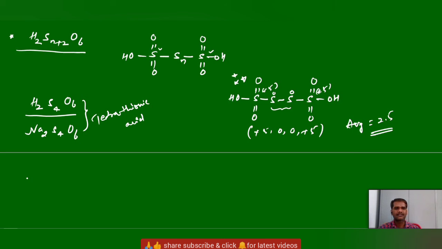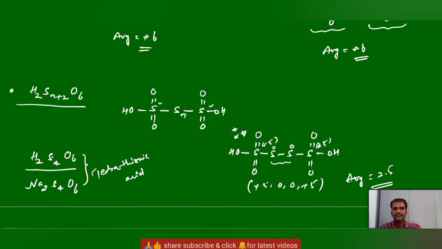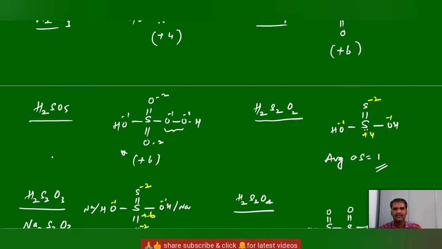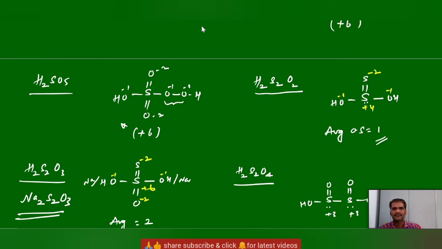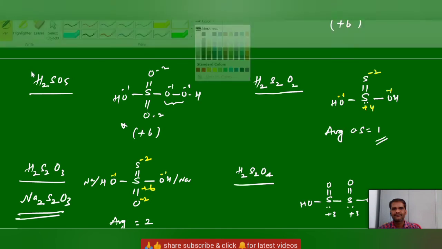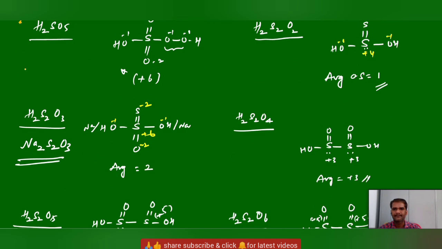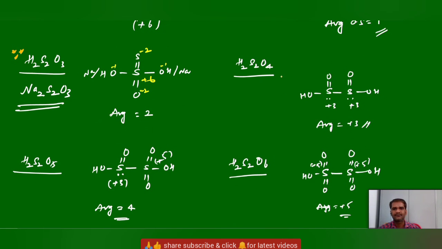So these are all the structures of oxy acids of sulfur. All these are important. Anyhow, of the first two, H2SO3 and H2SO4, we know these and will use them regularly. Next you focus on these other structures. I will give you focus on H2SO5, which you may mostly expect, and H2S2O3, where oxidation state calculations are very important. And for the remaining, H2S2O4, H2S2O5 and H2S2O6, they'll ask you how many S-S bonds, especially H2S2O6 and H2S2O5.